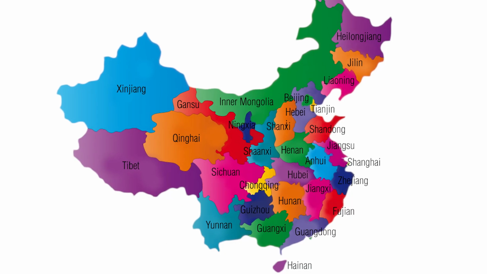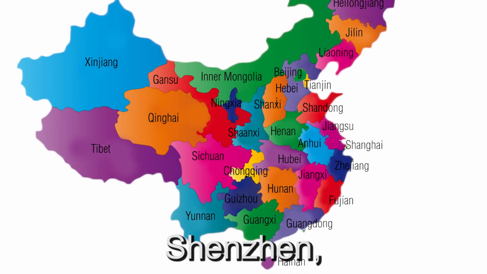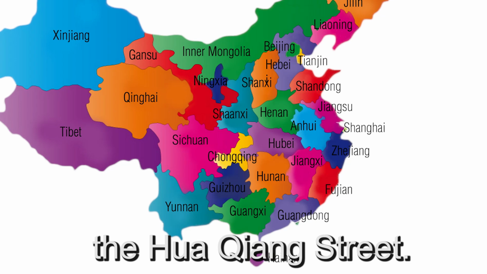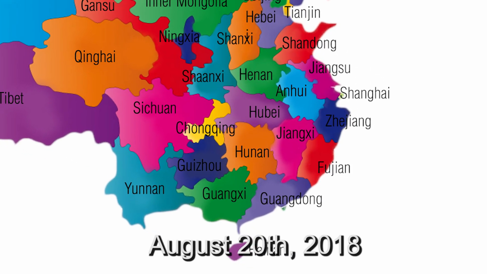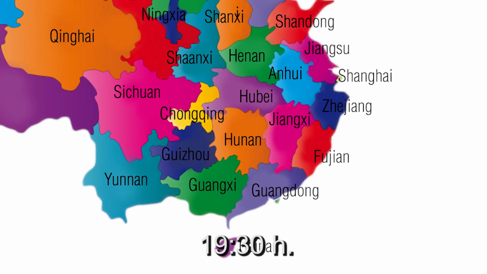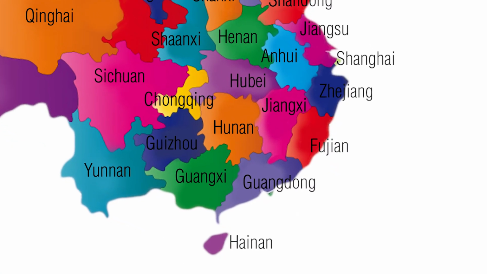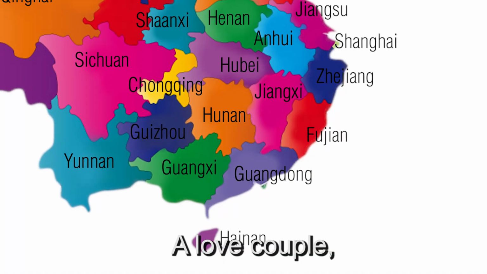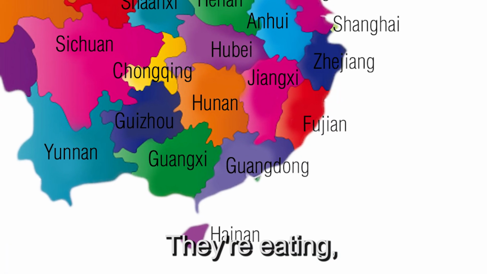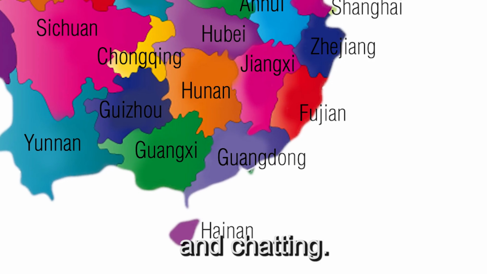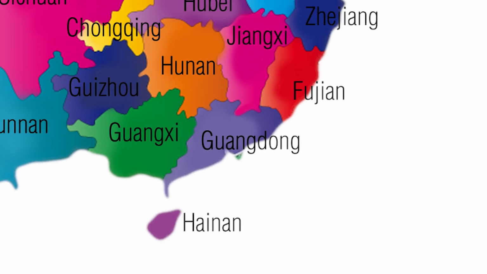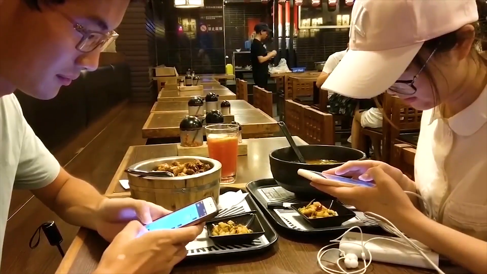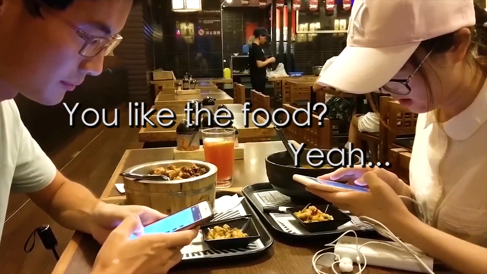中国广东深圳华强路2018年8月20日晚上7点半，一对男女朋友在餐厅里一边吃饭一边聊天。好吃吗？